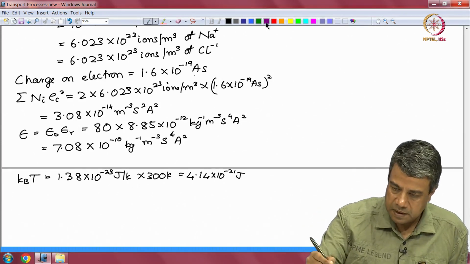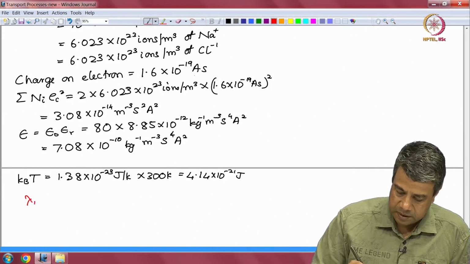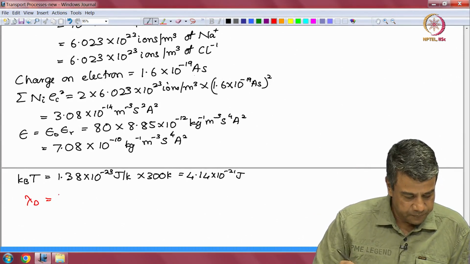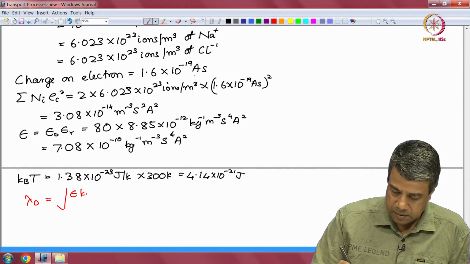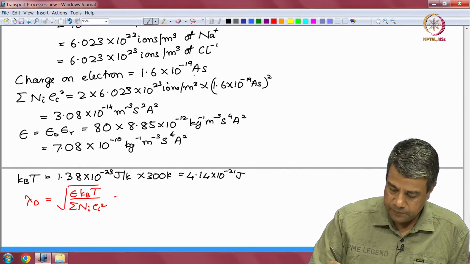So therefore, the Debye length lambda D is equal to square root of epsilon k_B T